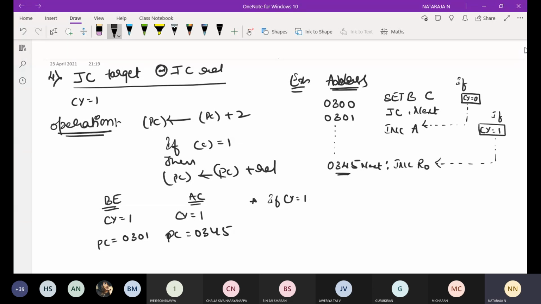Next point, if carry is equal to 0, then execute the next instruction. See, this is one type of example.